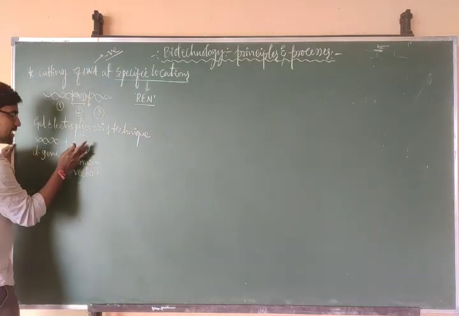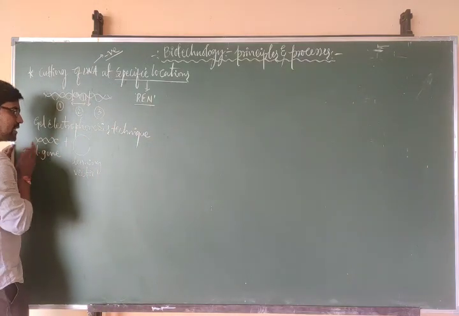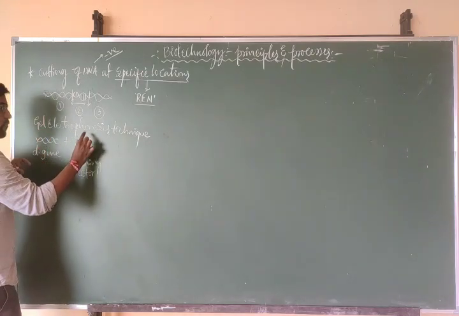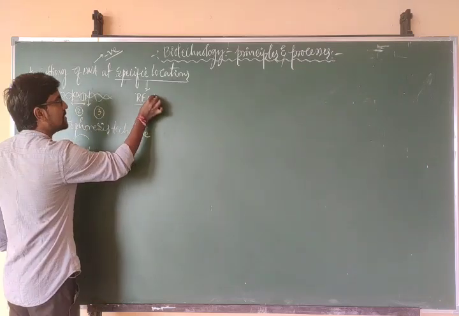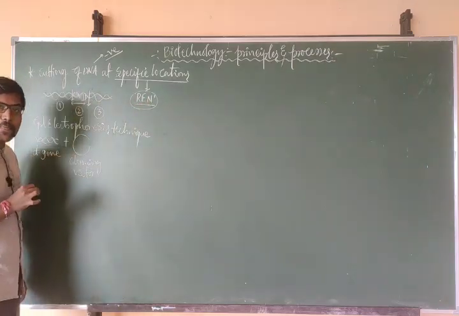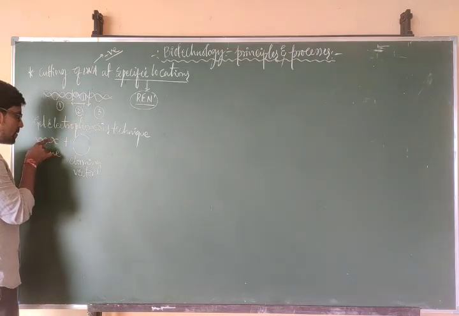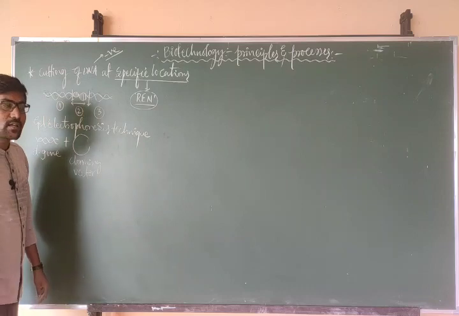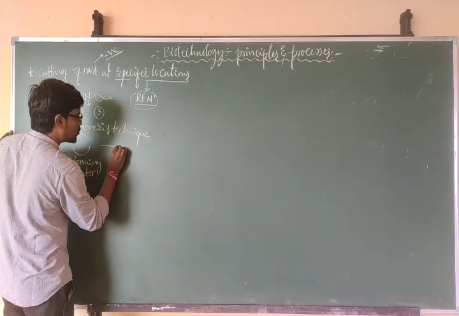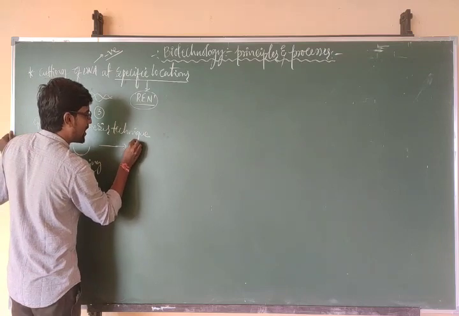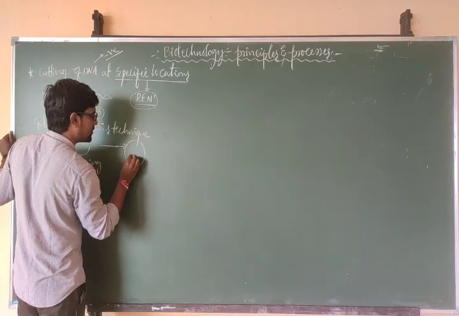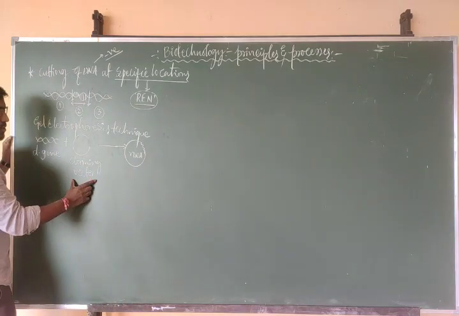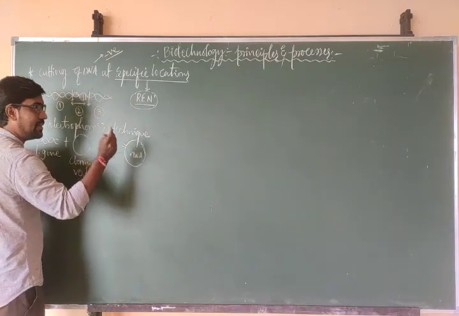Now the desired gene is cut, and the cloning vector is also cut at one particular location. For cutting this gene and for cutting the plasmid, we are using the same restriction endonuclease enzyme. That means sticky ends are formed in this DNA and sticky ends form in the cloning vector. Both are the same. Then we are joining both together and we are going to get rDNA. So imagine this is rDNA. The desired gene mixed with the cloning vector gives us rDNA.